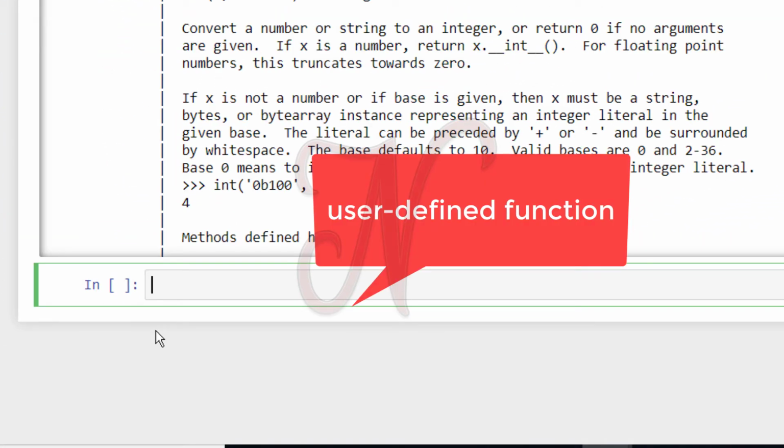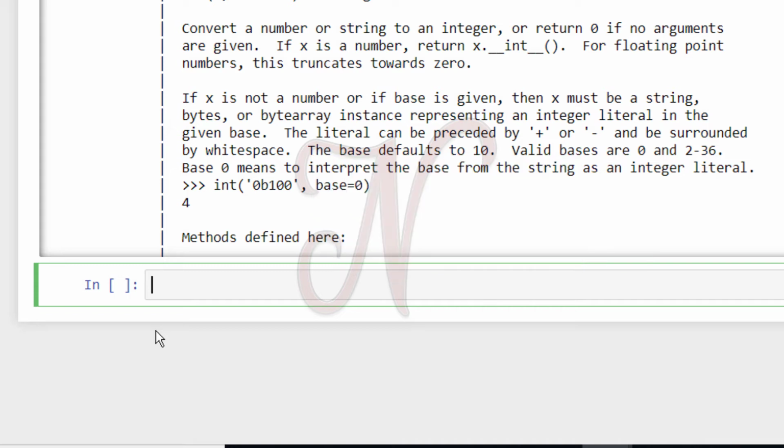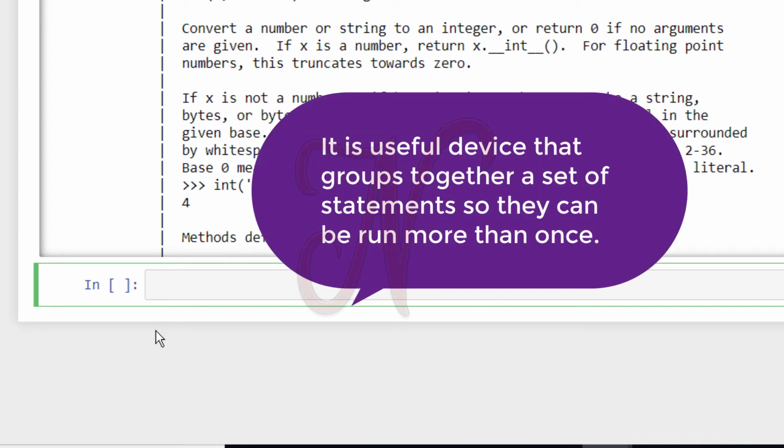Going to the next section, next we will see user defined functions. Functions will be one of our main building blocks when we construct larger and larger amounts of code to solve a problem. So what is a function? Formally, a function is a useful device that groups together a set of statements so they can be run more than once.